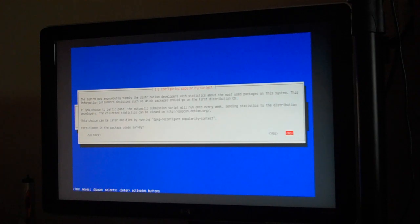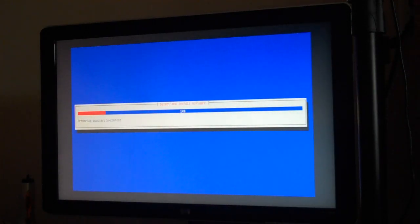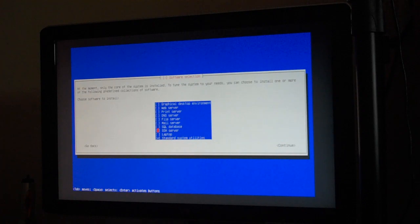Okay, so when you get to this screen, you can either participate or not. I'm going to hit no. Since I'm not really a graphical user, I'll install it later, but I'm going to install SSH server and the standard stuff. It's not really needed, but